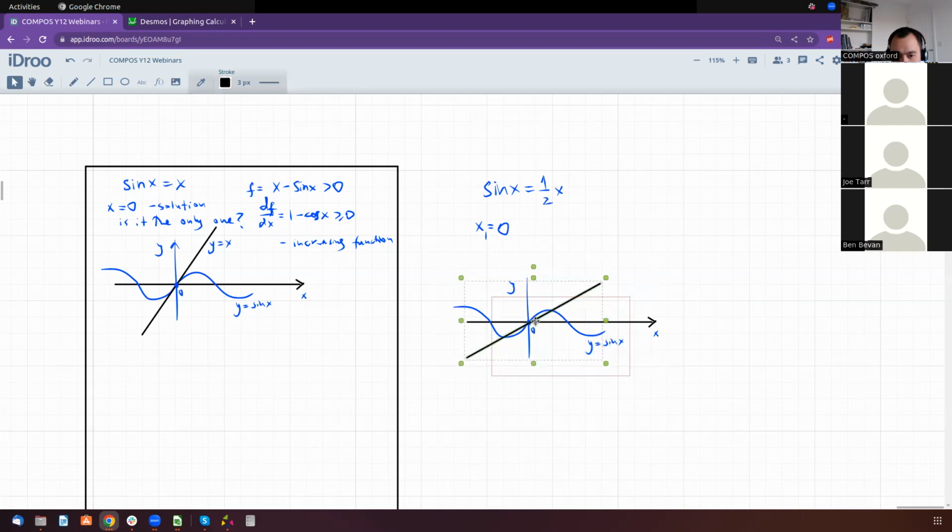The graph is more slanted. So how many solutions? Three. Yes, we have 3 solutions. So x1 is 0, x2 is question mark, x3 is question mark. And as I said, there are no